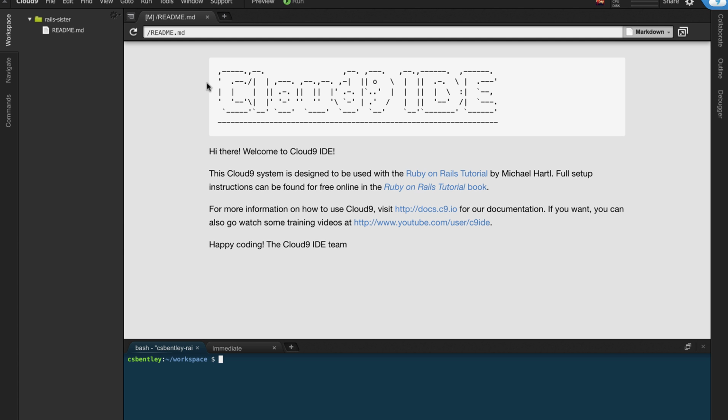And so here we have our terminal down here at the bottom, and over here is our folder structure, and this is the environment that we're going to be building our Ruby on Rails application. We're going to make a shopping cart, and so let's just see